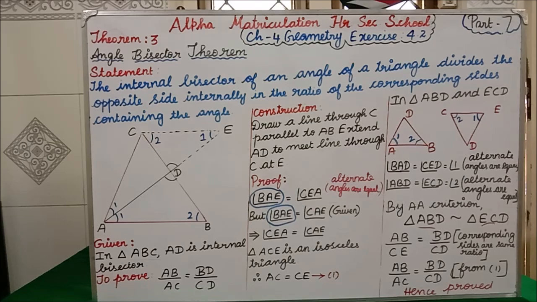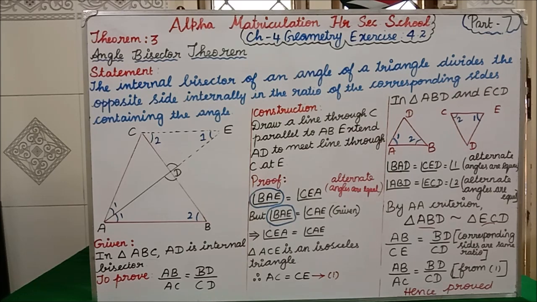I hope you all understand this angle bisector theorem. Angle bisector theorem is fully based on what? Alternative interior angles only. Clear students? This is also very easy theorem. Go through the video 1 or 2 times. It will be very easy for you. Clear? Next we will see the converse of angle bisector theorem. We are going to see the converse part.